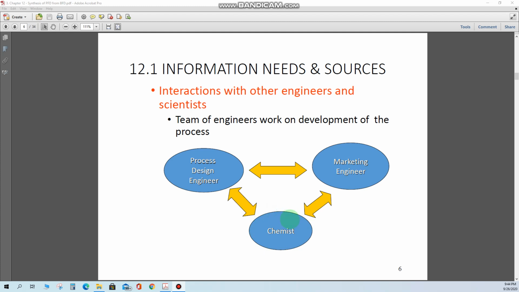Then we can have the chemist, and everybody knows what the role of the chemist is. For the chemist, wherever there are batch operations, the chemistry is there. And you can see most chemists in the laboratories, conducting experiments, or watching the quality control or the effluent concentrations from the process. They have to see what kind of pollutants are going into the atmosphere, and how we can reduce those pollutants from the chemistry point of view.